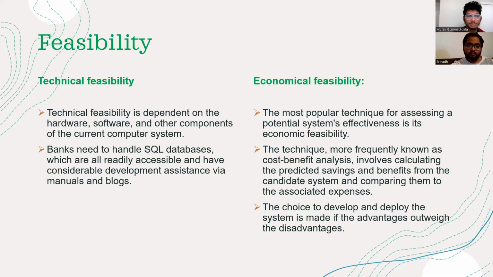And the next step is the feasibility. Feasibility, we have two types. One is technical feasibility and another one is economical feasibility. Technical feasibility is dependent on the hardware, software, and other components of the current system. And banks are needed to handle SQL databases, which are readily accessible and have considered development assistance via manuals